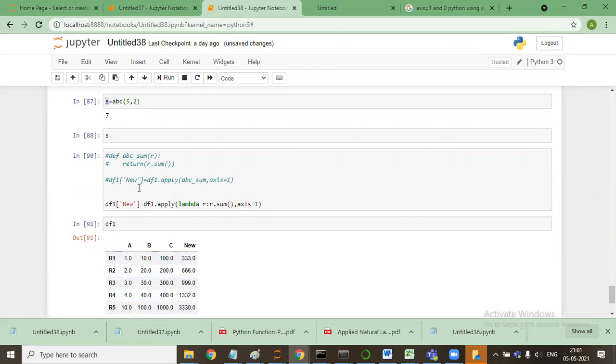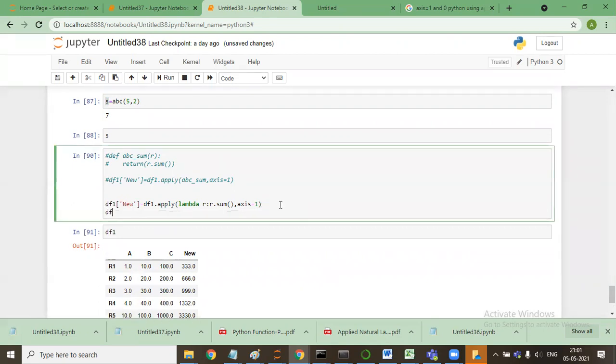So what I have done is I have just applied it with lambda. For this kind of function, the process is simple. You can simply say df1.apply, the same thing will remain till here. df1.apply, and you'll say lambda.